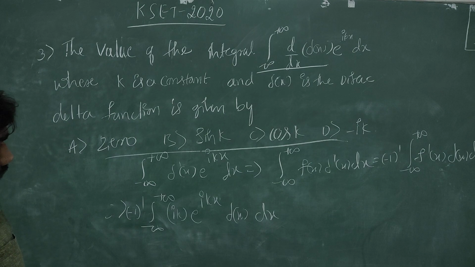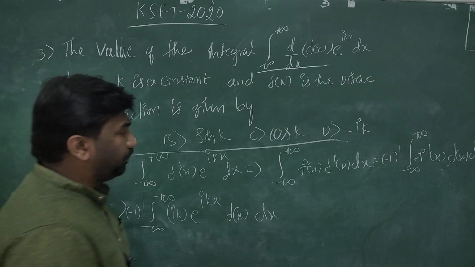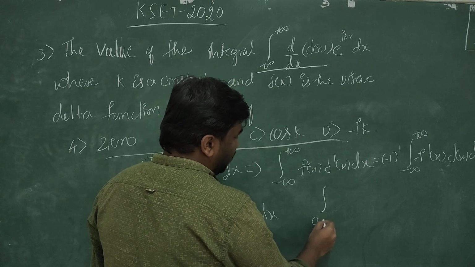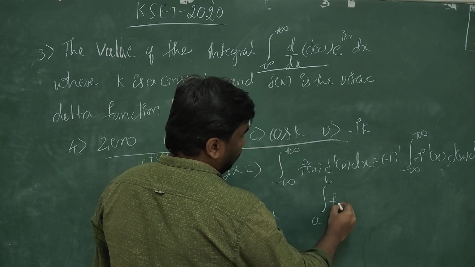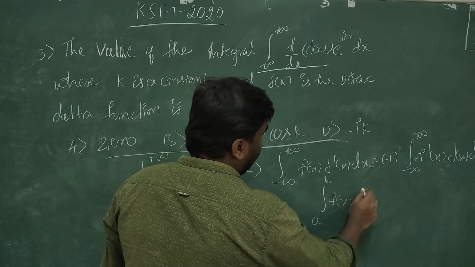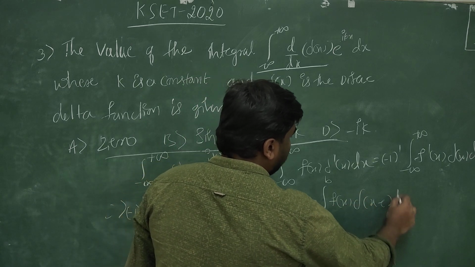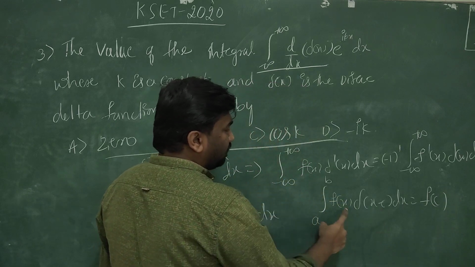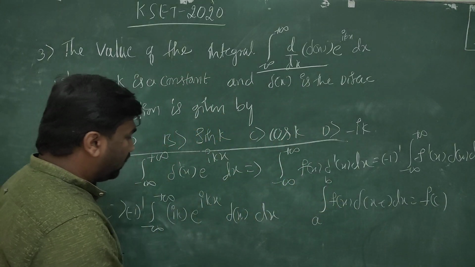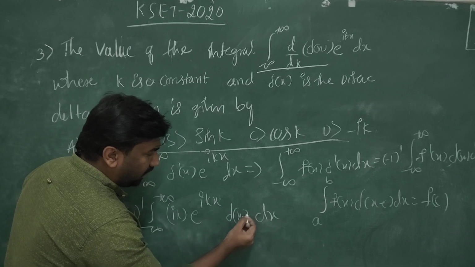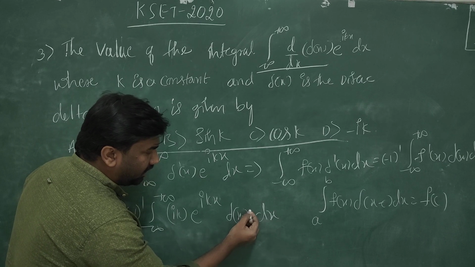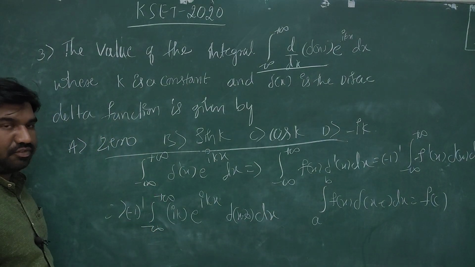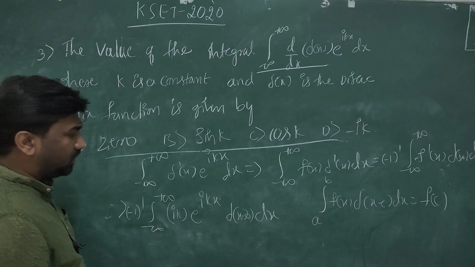And we know, as I explained in the last video also, that the integration from a to b of f(x) δ(x minus c) dx is equal to f(c), if c lies between a and b. Here there is no term, which means c is 0, and definitely 0 lies between minus infinity to plus infinity. Therefore the answer is